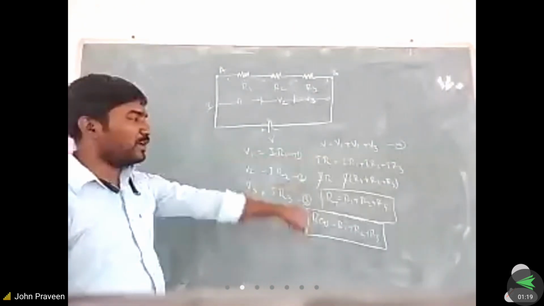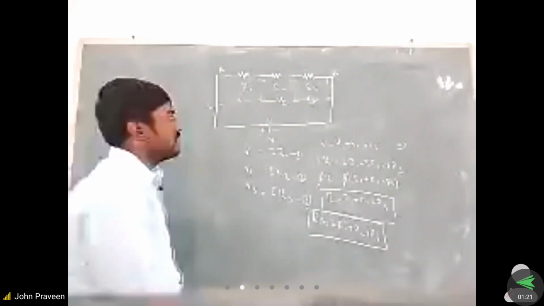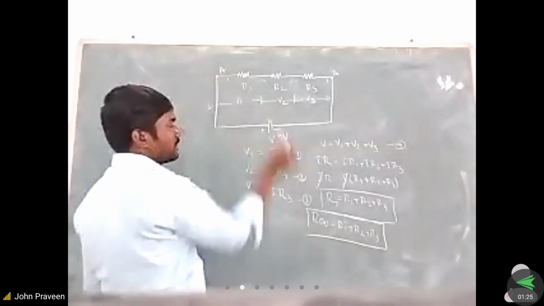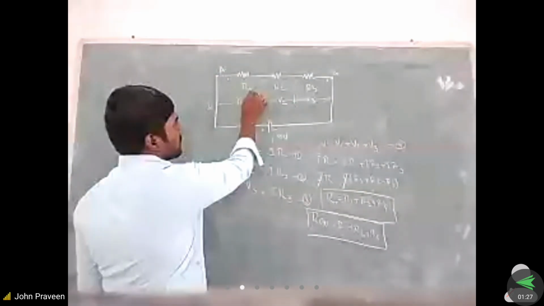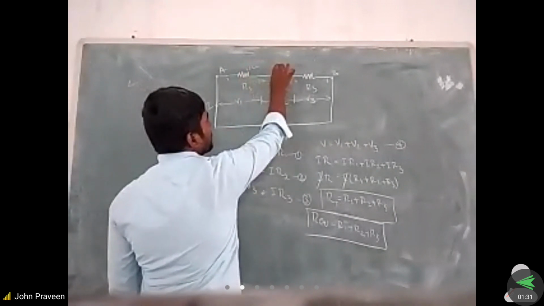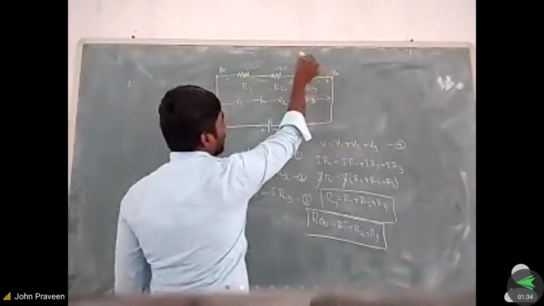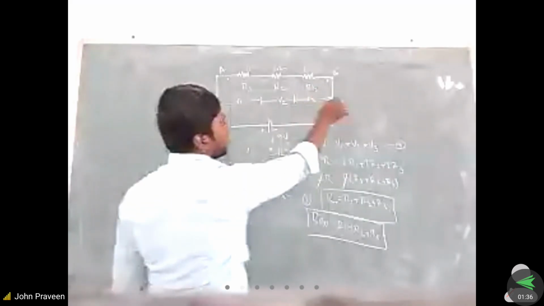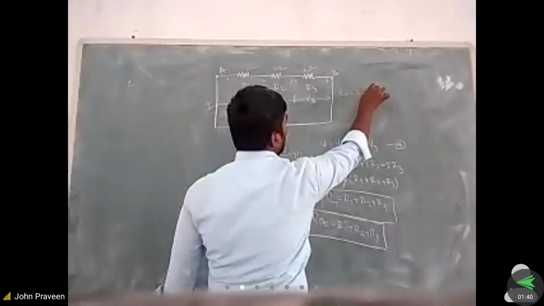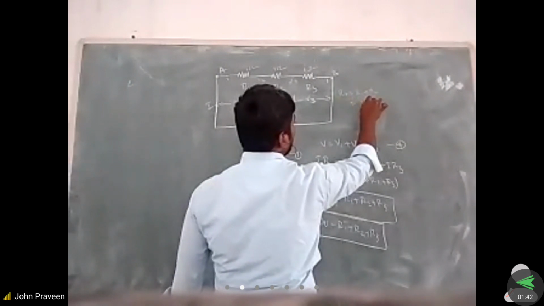So use the formula, for example, 9 volts we are giving as an input. So the three resistors, just we are assuming this is a 1 ohm, this is a 1 ohm and this is a 1 ohm. So what is the equivalent resistance we are getting here? According to the formula, R total is equal to R1 plus R2 plus R3, that implies 1 plus 1 plus